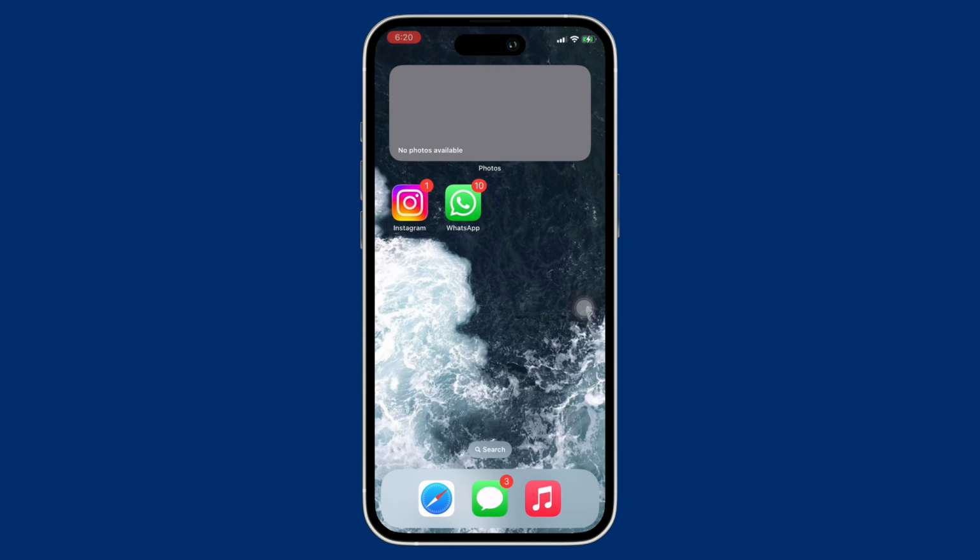So these were a few fixes on how you can fix iPhone stuck on "Home would like to send you